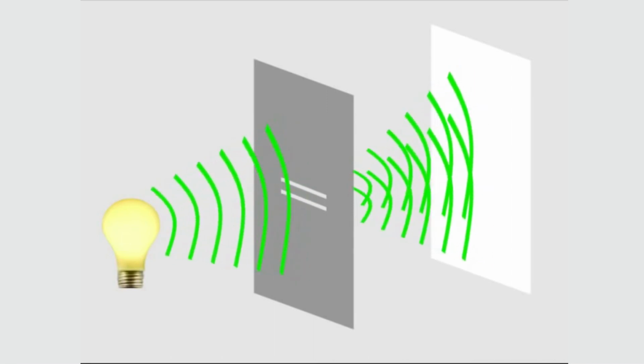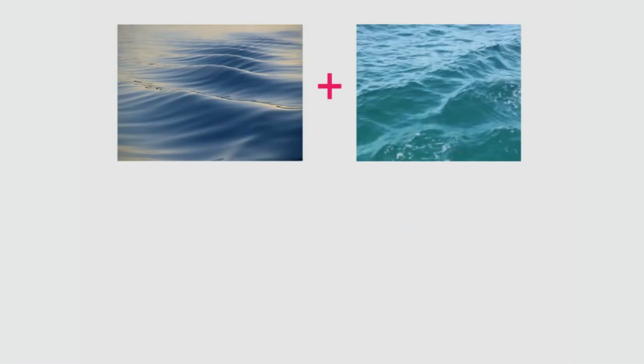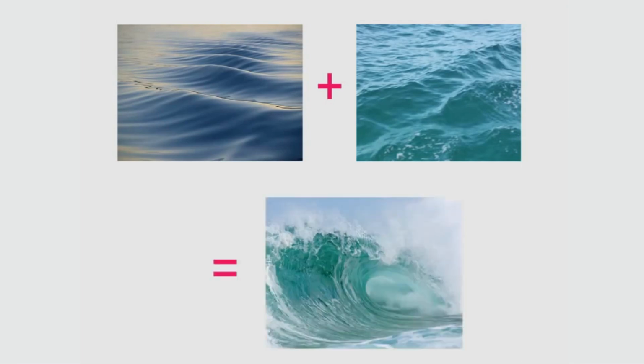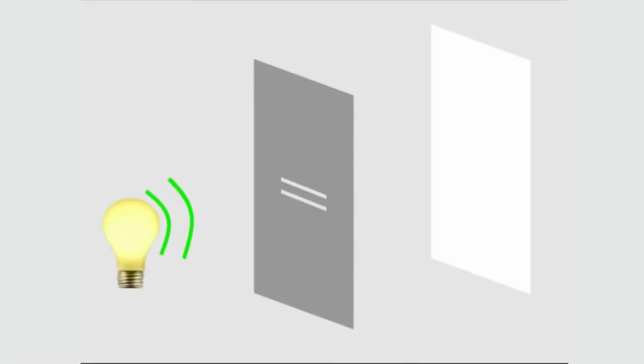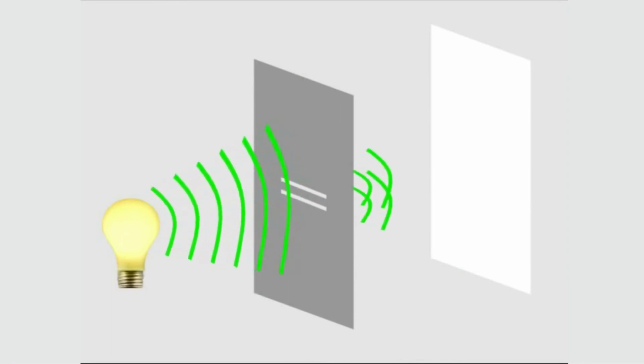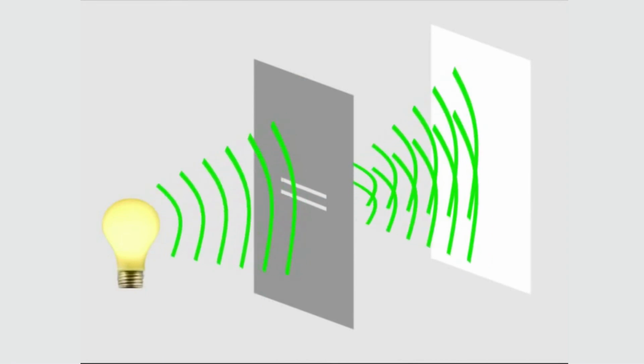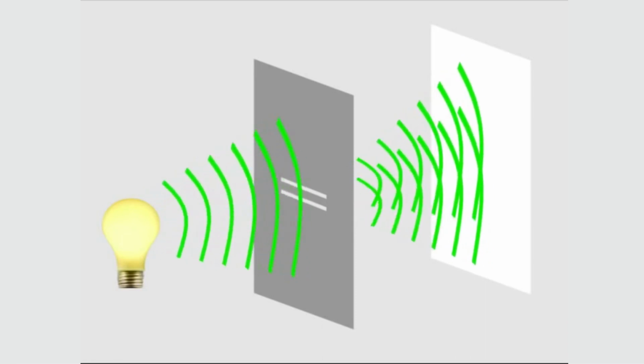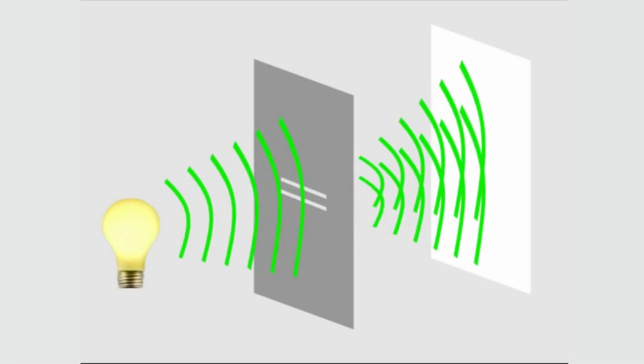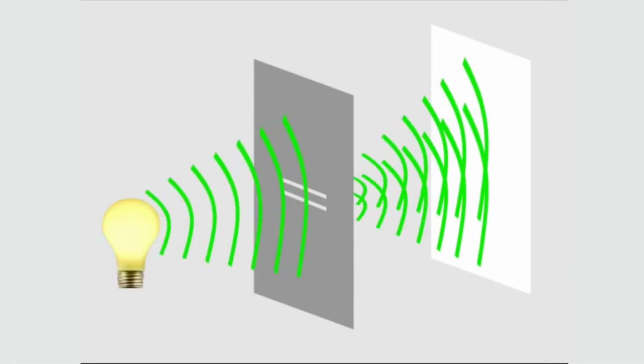When they do, something interesting happens. Again, imagine water waves. If two water waves happen to meet, then the waves would combine. The tops of the waves would add together to become even higher than they were before. The same thing would happen with light waves. The half circles that you see here are the tops of the light waves. Wherever the tops meet, they add together and become higher. For a light wave, a higher wave means brighter light.